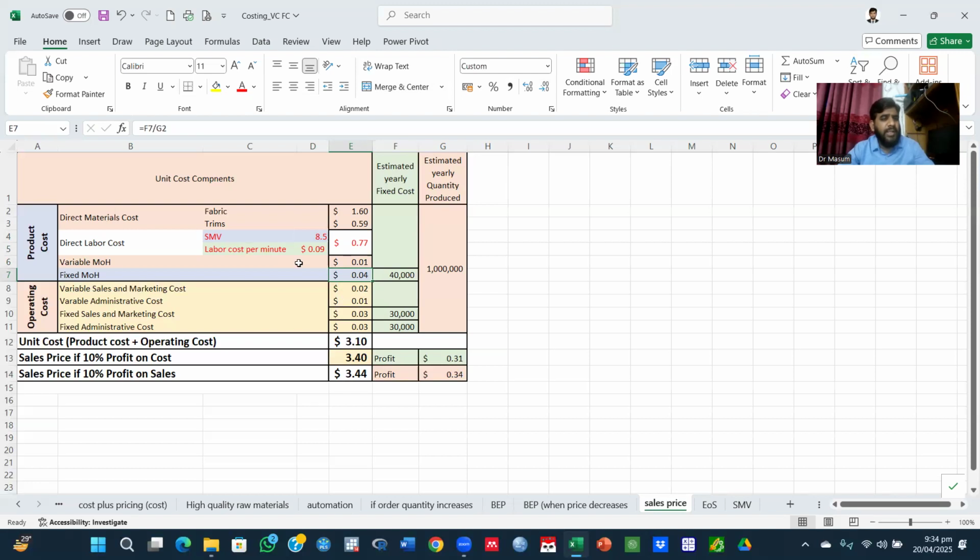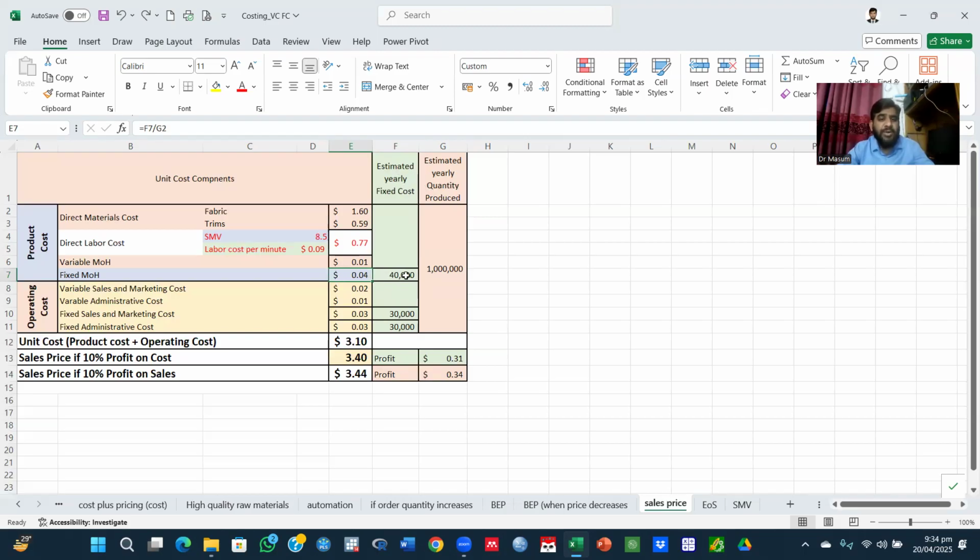And how have you got the fixed manufacturing overhead? You have got fixed manufacturing overhead by dividing the total annual estimated yearly manufacturing cost, which is 1 million, and your estimated yearly production amount is 40,000 units. You are thinking that you can sell 40,000 units in a year. So your per unit fixed cost will be